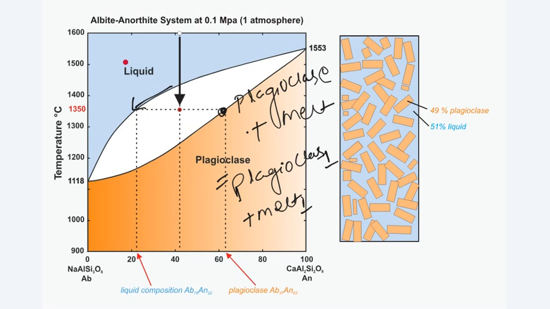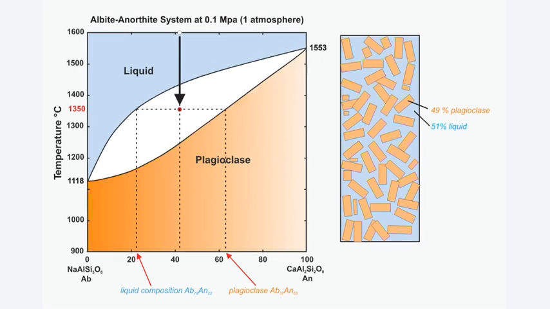So with progressive crystallization, the percentage of calcium, or you can say anorthite, will decrease in both liquid and solid. Percentage of albite will always increase in both solid and liquid. And here crystallization always progresses from anorthite to albite. Always. That is the temperature falling condition. If anything progresses from albite to anorthite, that means it is a melting condition. Always anorthite to albite. So gradually that crystallization will progress like this,